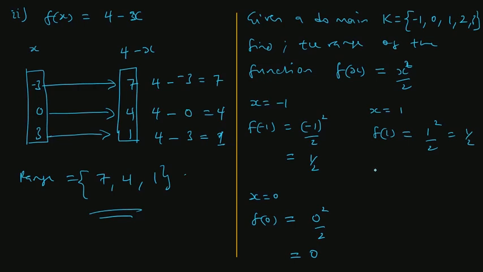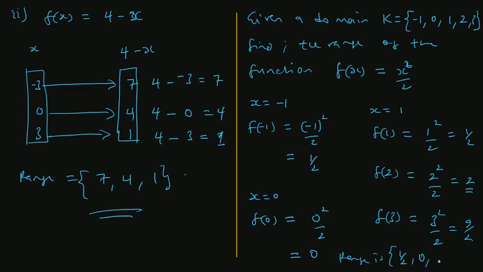Check. When x is 2, substitute for x as 2, so we have 2 squared over 2, which is 4 over 2, giving us 2. Check the last one, f(3), meaning we substitute where there is x, we put a 3, so we have 3 squared over 2, which is 9 over 2. So meaning our range is a half in that order, 0, a half again,